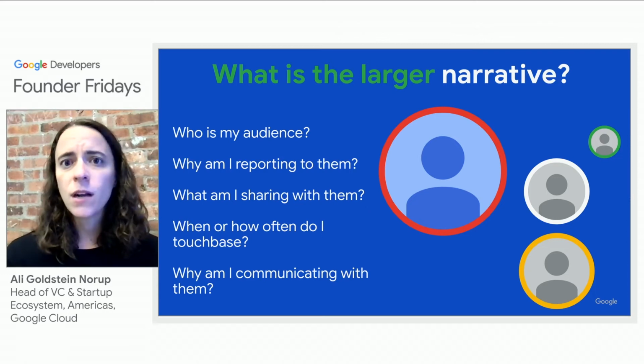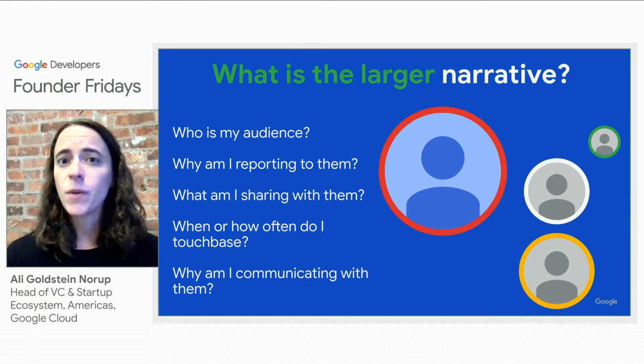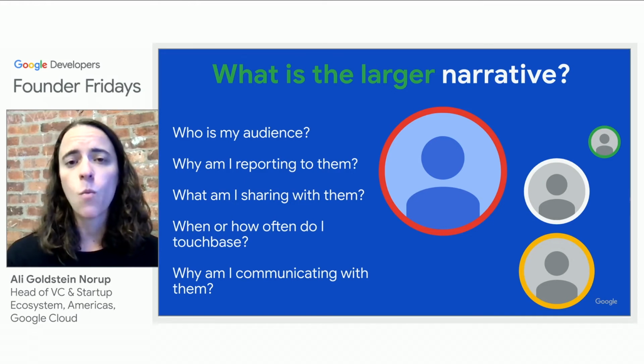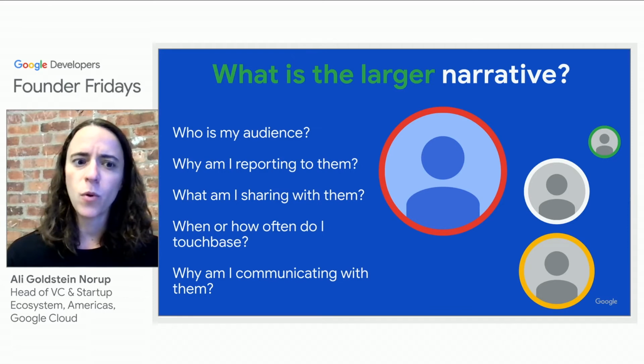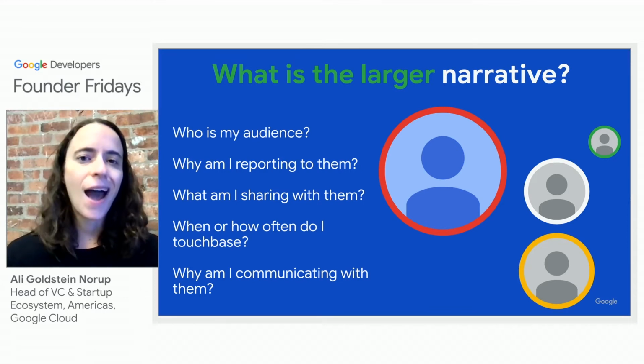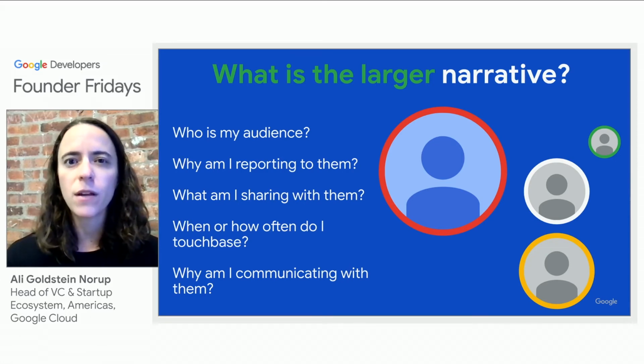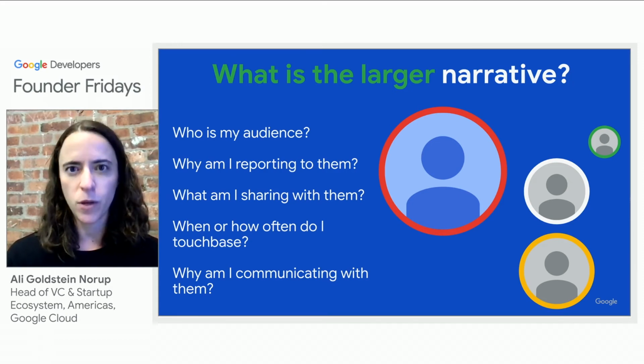And when you're doing an update to your investors, it's always good to keep a cadence as well. That can be determined with you and your investors, on what you think is the right thing to do. On top of that, after defining the audience, make sure you know not just why you're reporting to them, but what you're sharing with them, and how often you want to touch base with them. As we shared, there's a cadence you can find, but it will all come down to the ultimate reason why you want to communicate with them.